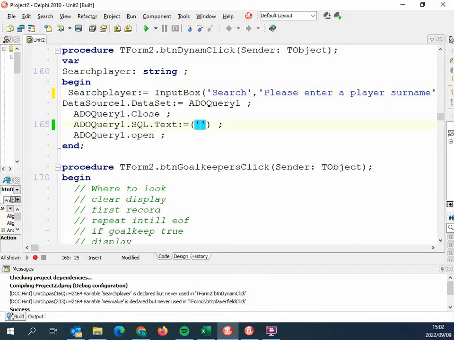So with my SQL I'm going to do the following. I'm going to type select, because again I just want to display. I'm going to show all of the information of the player that I'm going to search for. So I'm going to say select star from my TBL players. Then I want to say where. Now I'm going to compare a player surname, so where the player surname